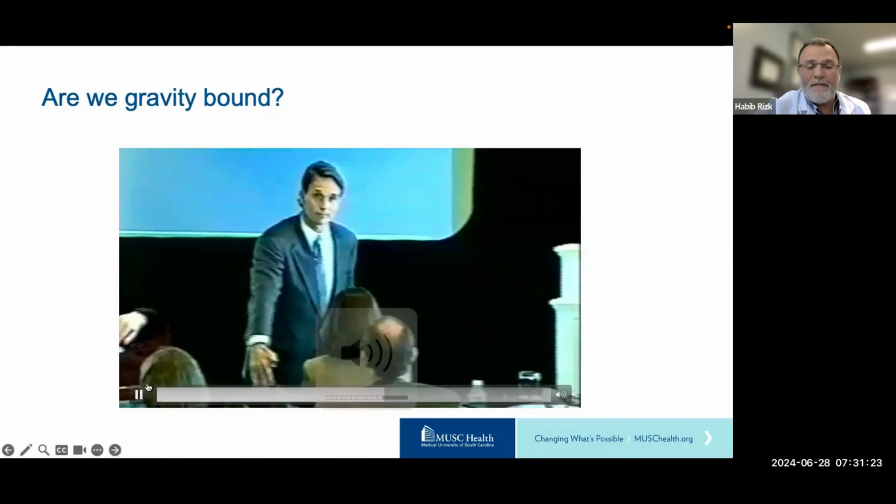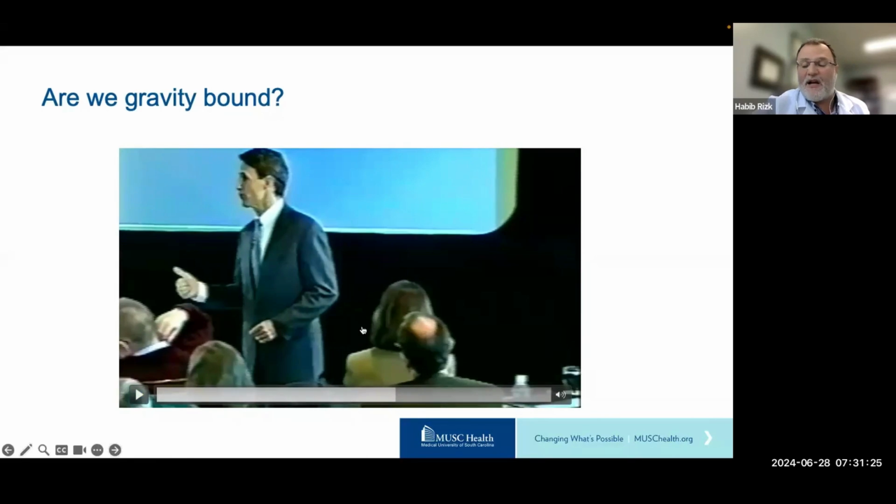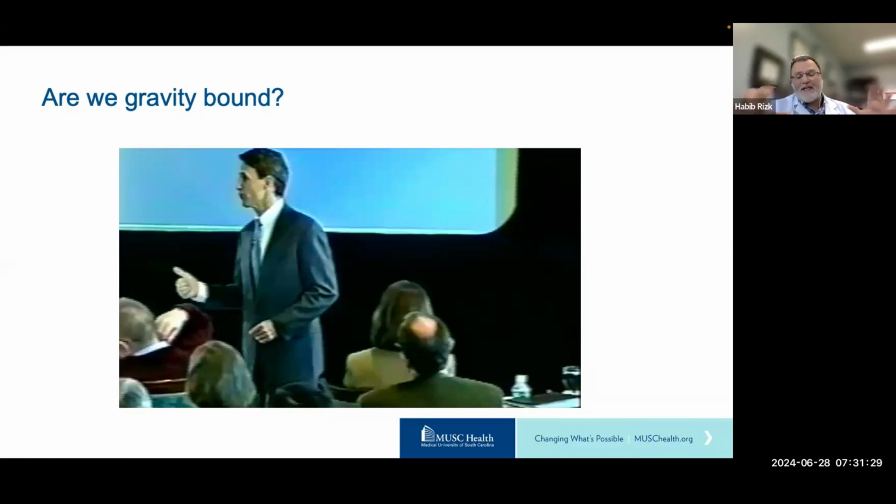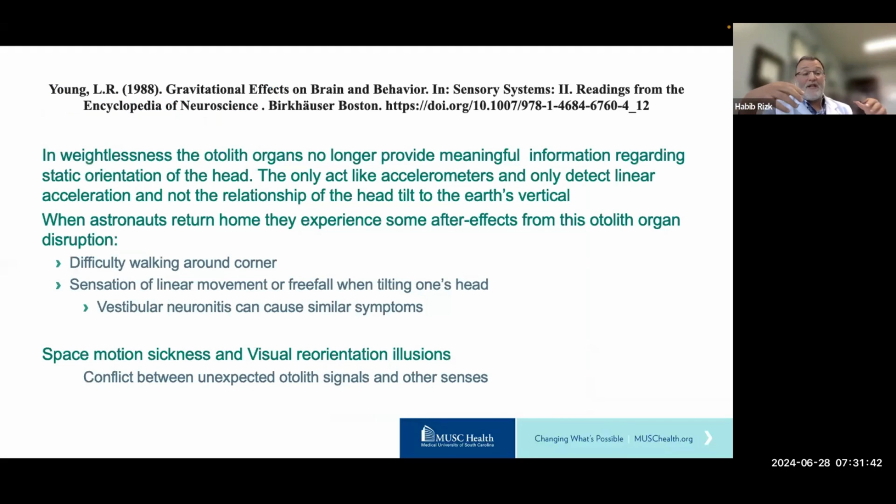Oh well, basically what he's saying is that when he did his first spacewalk, as soon as he became far enough that he could no longer accommodate the space station in his visual field, he felt a sensation of free falling, like 100 miles an hour in a parachute. And what he was describing is that in weightlessness, the otolith organs, we know the semicircular canals are not working well, and the otolith organs are the only part of the vestibular system that is giving us appropriate information.